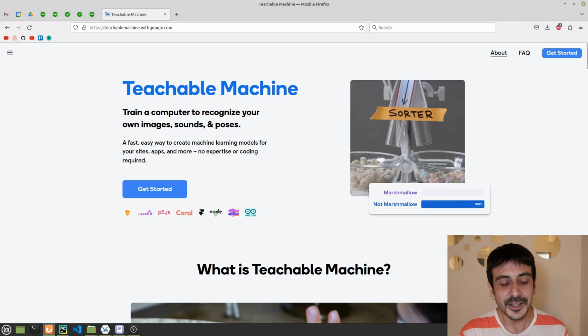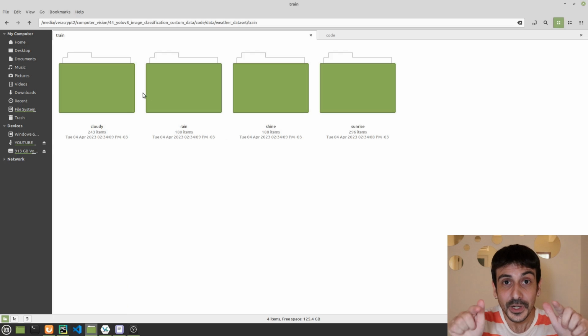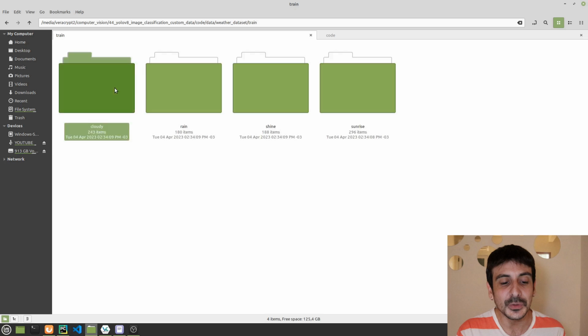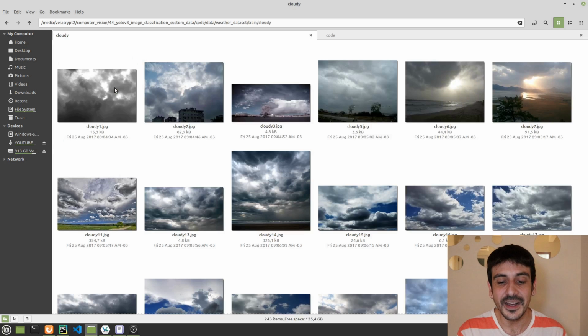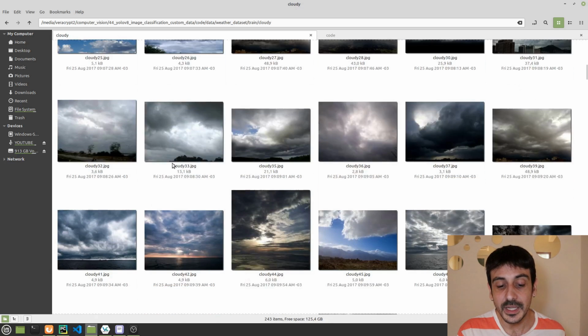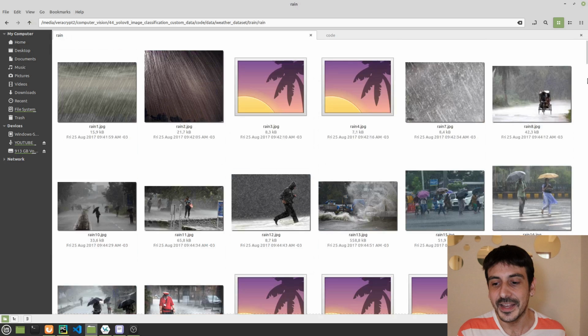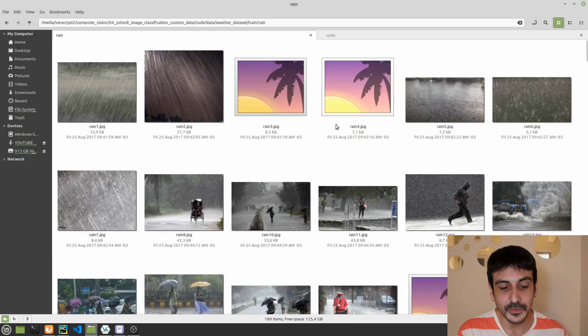Now let me show you the data we are going to use today. We're going to use exactly the same dataset we used in one of my previous videos where I show you how to train an image classifier using YOLO V8. We're going to use a weather dataset, and these are the 4 categories we have in this dataset. The first category is cloudy, and you can see how the images look like. Now if I go to the other category, it's rain, and you can see that these are pictures of super